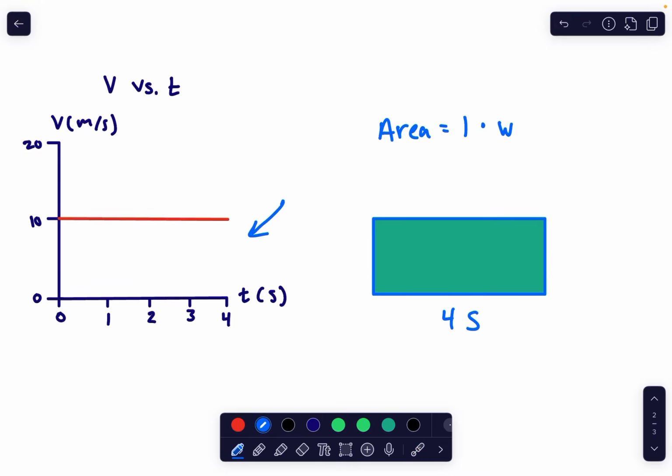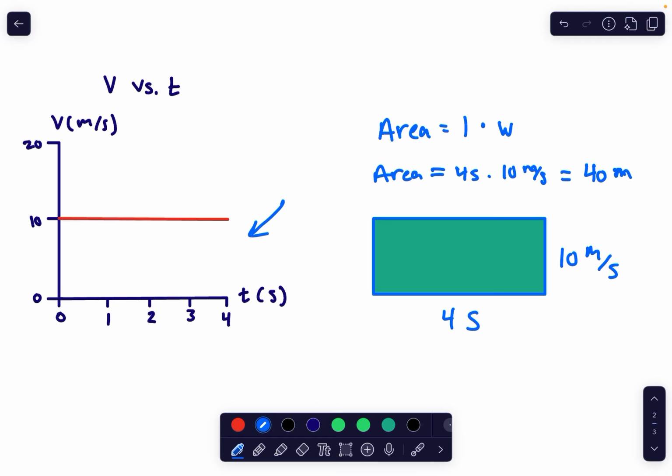So what does that make this side over here? Well, that would be 10 meters per second, because that's how fast I'm going. So if I want to find the area of this rectangle, I would say the length, 4 seconds, times the width, the 10 meters per second, and I would arrive at the same conclusion, that 4 seconds going 10 meters every second is 40